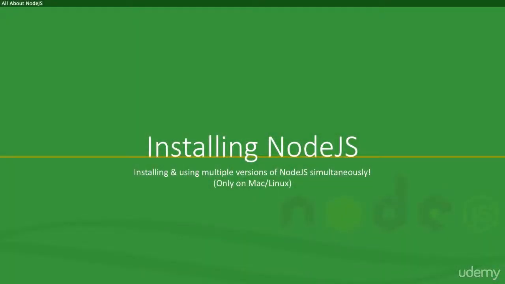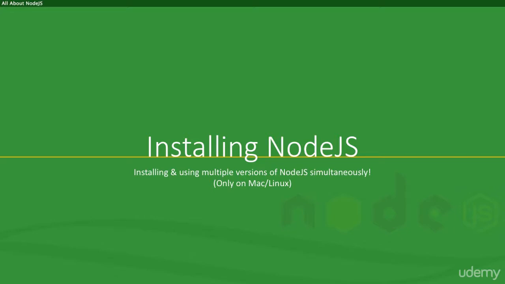The entire JavaScript world is evolving rapidly. ES6 is out in the wild, and this is but one reason for the JavaScript community to rapidly iterate and evolve apps and platforms. Node is no different and is rapidly evolving as well. Fortunately, we can install and experiment with multiple versions of Node.js simultaneously. This process, however, at the moment is only limited to Mac and Linux and does not work on Windows.